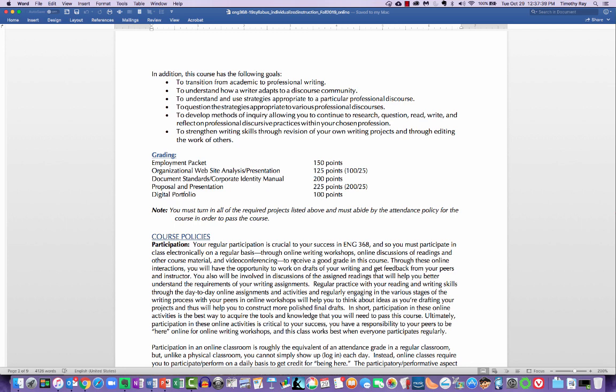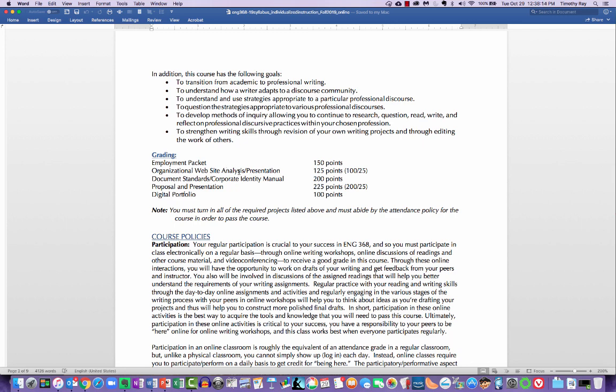And then I'm also going to ask you to create a profile on LinkedIn and put a picture on it, a professional looking picture, and start filling out at least one of the sections. And so we've got, I think, 4 components for this assignment, 5, I guess: job ad or job description, the letter of application, the resume, the organizational profile, and the LinkedIn profile. And so we'll get started on that pretty quick.